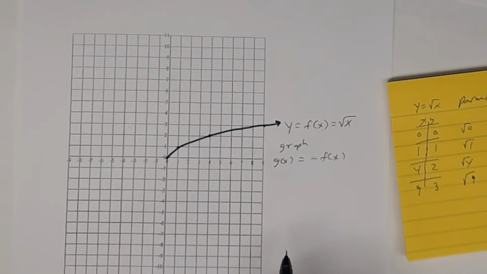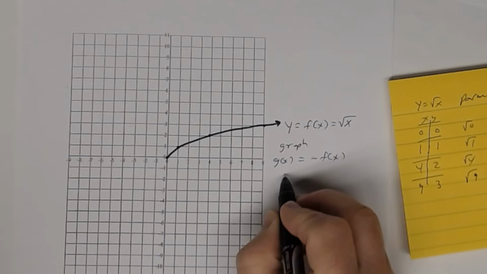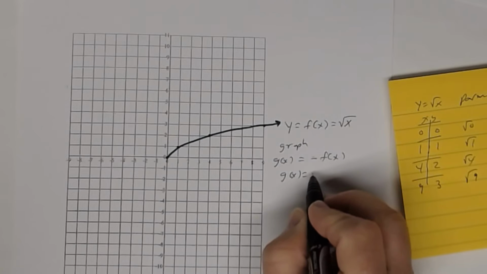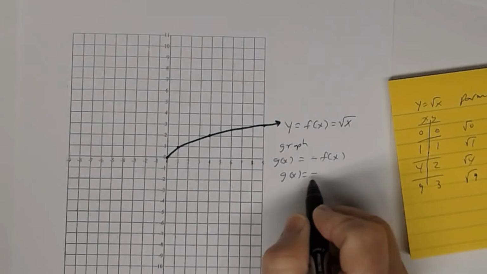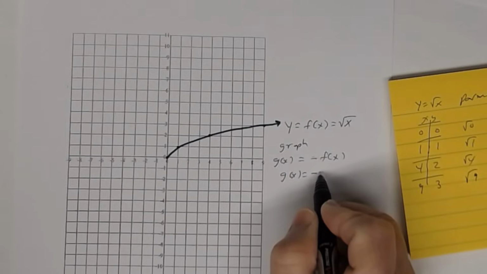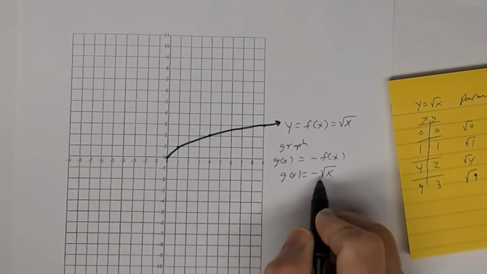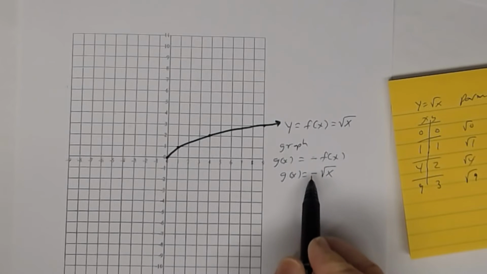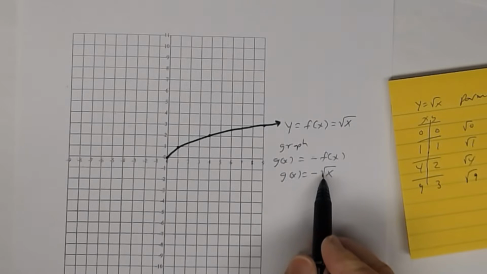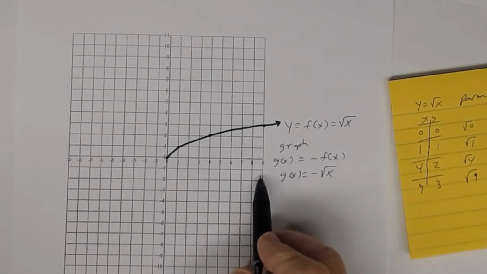So g of x becomes the opposite of, remember f of x is the square root of x, so g of x becomes the opposite of the square root of x. That's what you're graphing. Now, I don't want you to use a t-table on this. I want you to remember that what you're doing is taking the opposite of each of those